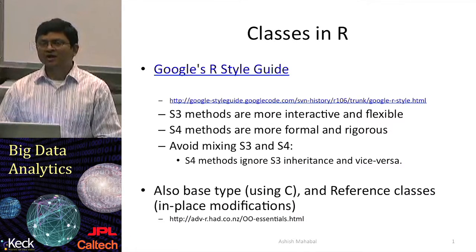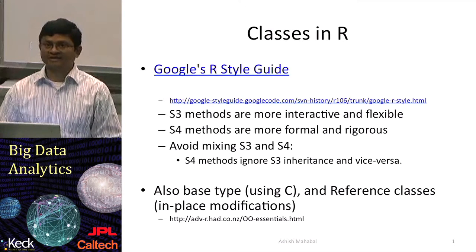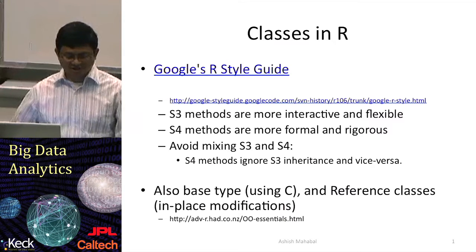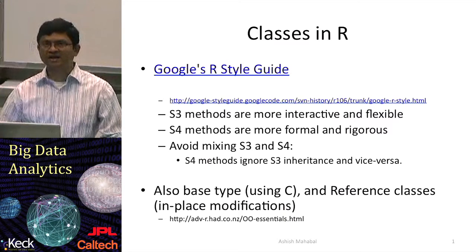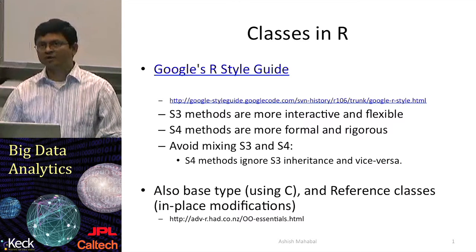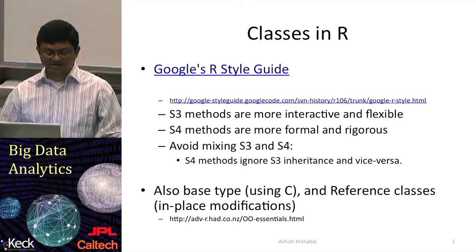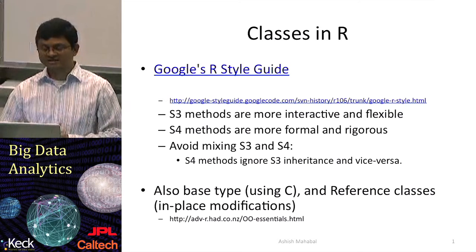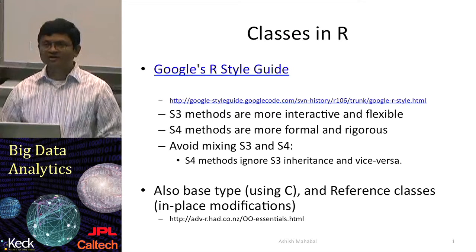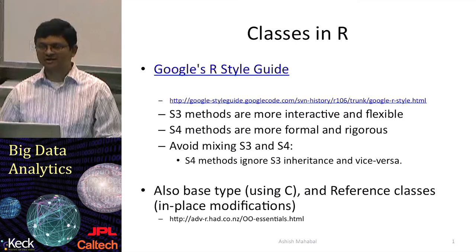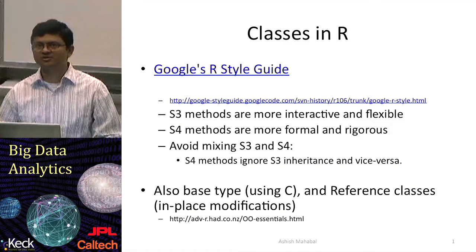As we know, R has come from S, and the nomenclature that was used in S has continued with R classes. So S3 and S4 are the two main classes that are used in R. Google has a style guide on how to use R classes, and they recommend that S3 is much better than S4, though S4 ones are more rigorous, and we'll be seeing more details about that. But one important thing that is said by everybody, irrespective of whether they say S3 are better than S4 or S4 are better than S3, is that you should try not to mix the two classes, because